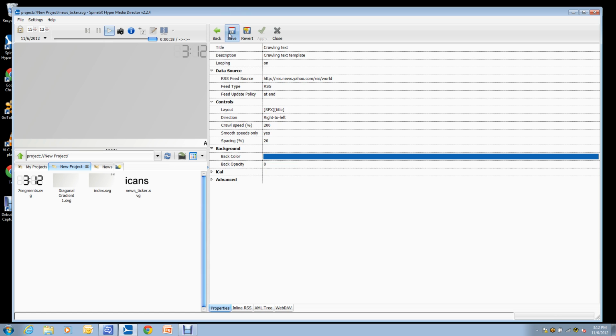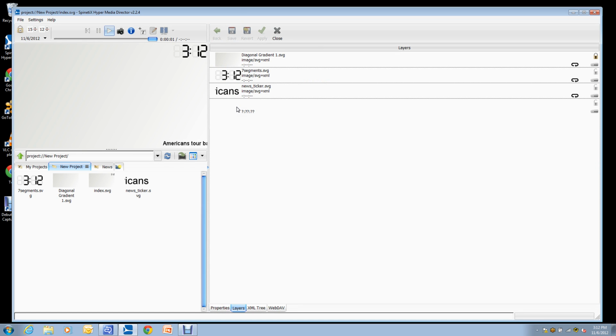Once I'm done, I'll hit the save button, and go out and hit the back button. So now we have a clock, a background, and a news feed. So let's bring in some videos now. The process to do this is quite simple. You just go out to your computer through Windows Explorer,